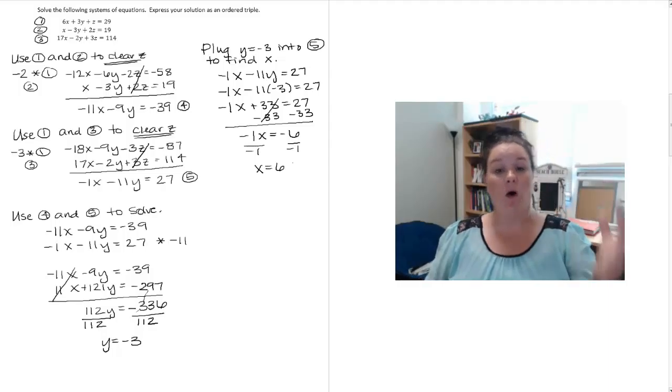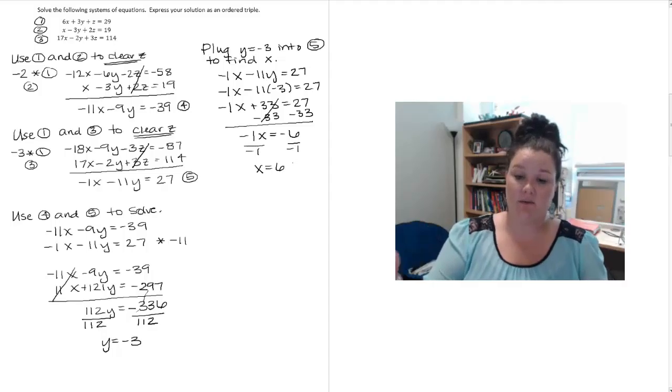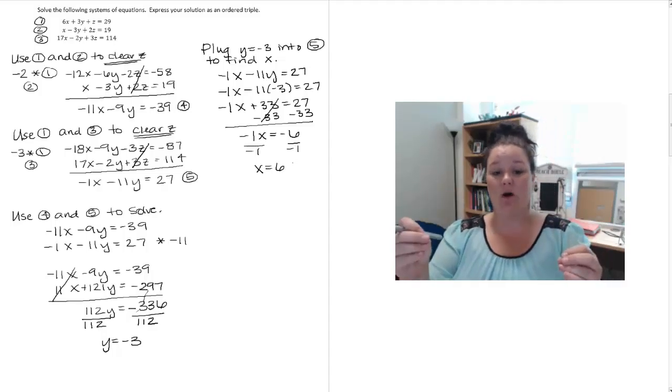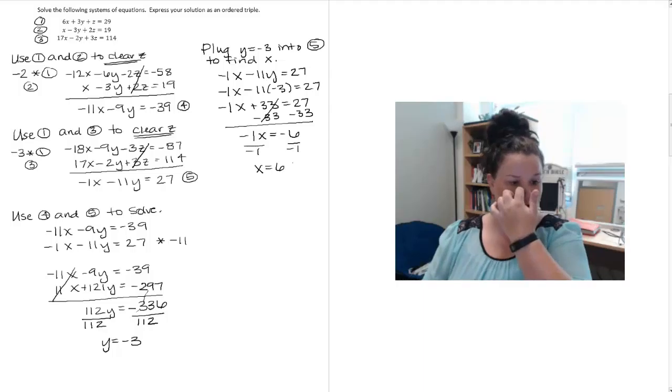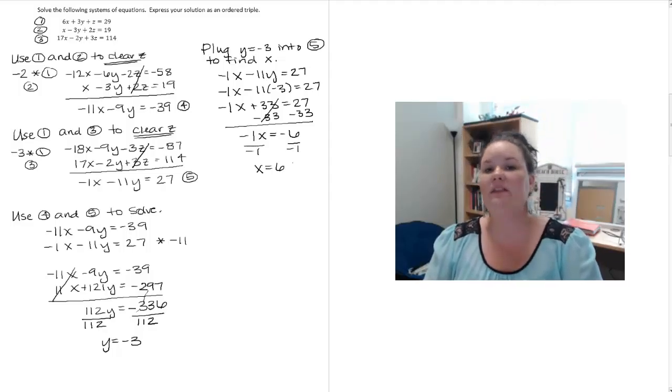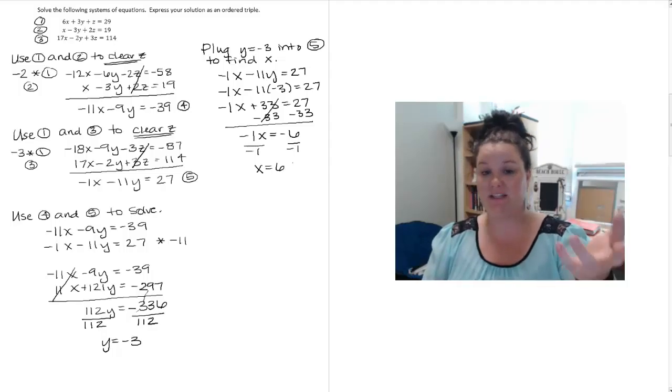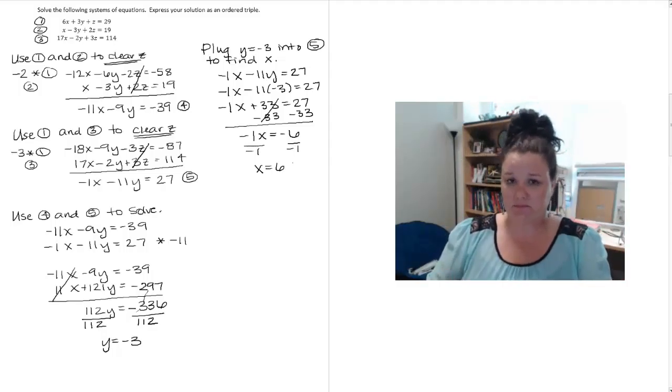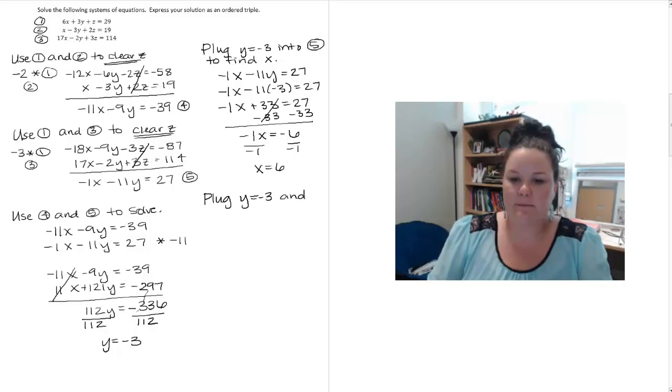And now that I know what y is, and I know what x is, now I can plug x and y back into one of my originals to find z. So if I look at my 3 original equations that I could potentially plug these back into, if I'm solving for z, the one that has the easiest looking z to isolate would be equation number 1. So that's the one I'm going to plug them back into. So I'm going to go ahead and write plug y equals negative 3 and x equals 6 into equation number 1